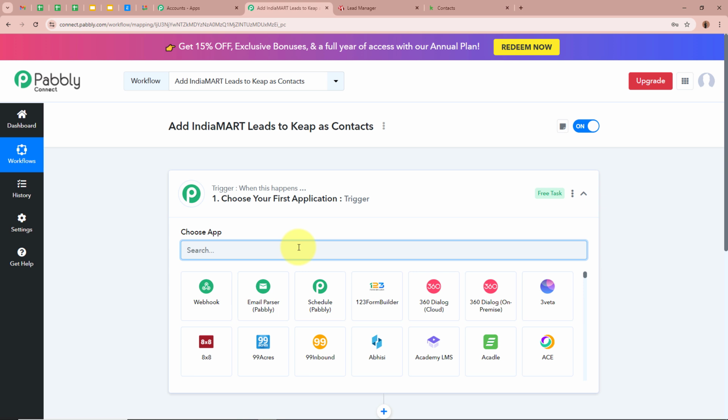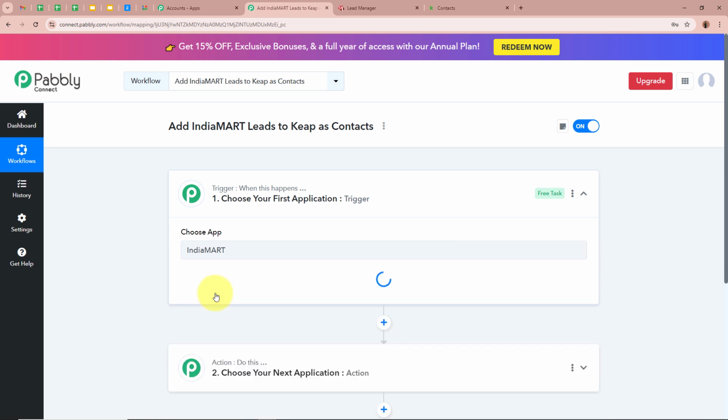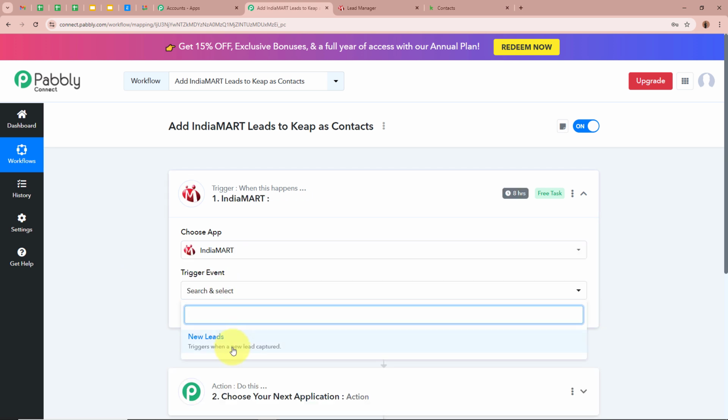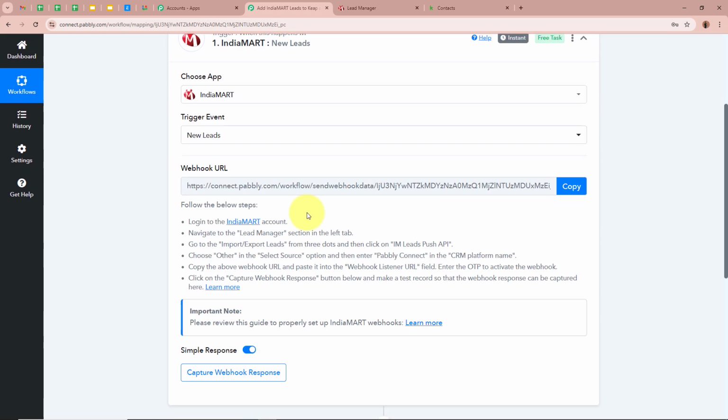And for the trigger application, we are going to select IndiaMART. So I'm going to select my trigger application as IndiaMART. And for the trigger event, I'm going to select new lead, so that whenever a new lead is generated by any of my potential customers or clients using IndiaMART, automatically Pabbly Connect should capture the response. After selecting the trigger application and the event, you can see that